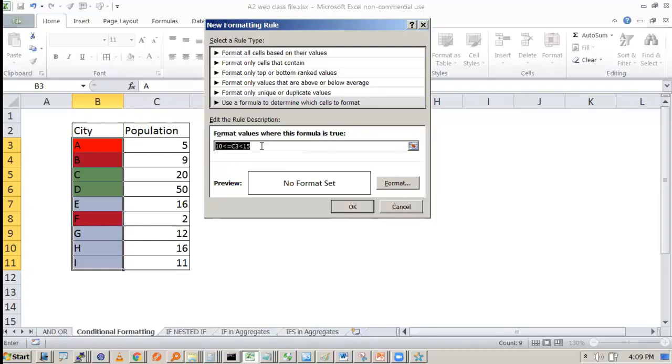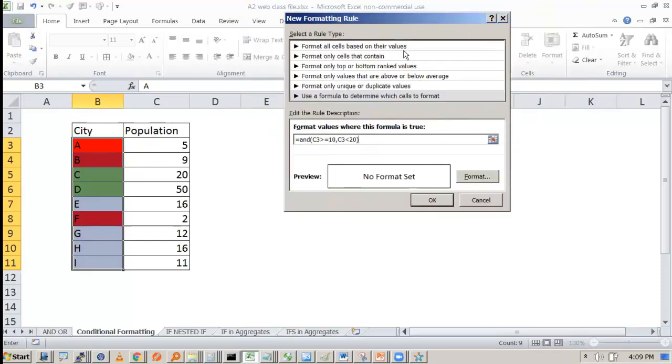Since you want two conditions, you have to put equal to, AND, and you put your first condition. What is the first condition? This should be greater than equal to 10. First condition is met, comma. Second condition, you say that this is less than 20. Close the bracket. So you have now two conditions. So what will be the output of this? When it works on this cell, does this condition match? No. There will be no change in the color. No. No. Here, yes.